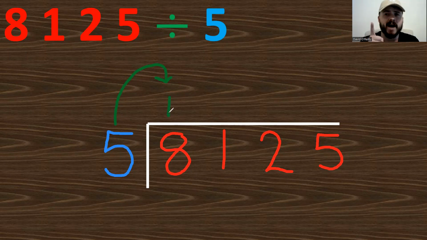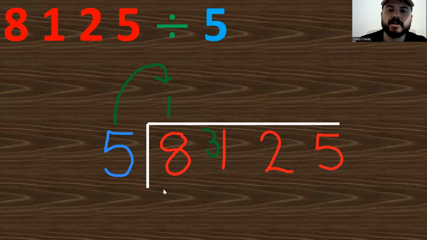However, we landed on 5 and we want to get to 8, so we have something called a remainder. 6, 7, 8. 3 more we needed to get to 8, so we have a remainder of 3. That remainder is very important. That remainder goes in front of the next number. So this 1 here is now 31. Next question. How many times does 5 go into the next number, which is 31?